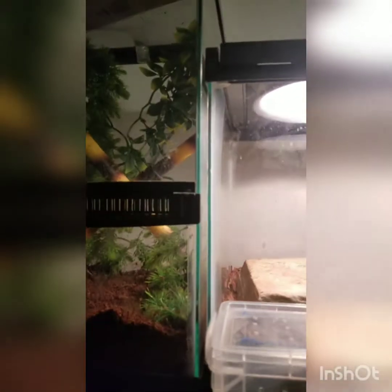So we're just going to give it a little cleanup, and I'll be right back as soon as it's ready. Alright guys, we're back, and I just did its little cleanup. The reason we do that is because we don't want anything that was inside here to be able to infect the crested geckos. So crested geckos, you guys know what I'm talking about. I'll just take this guy out